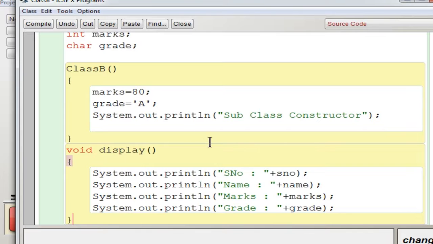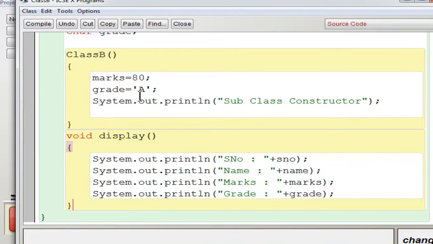Now, instead of the constructor being used only for initializing the values, I am displaying all the data members in a separate method.